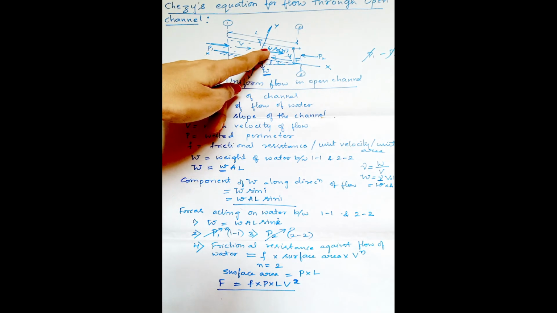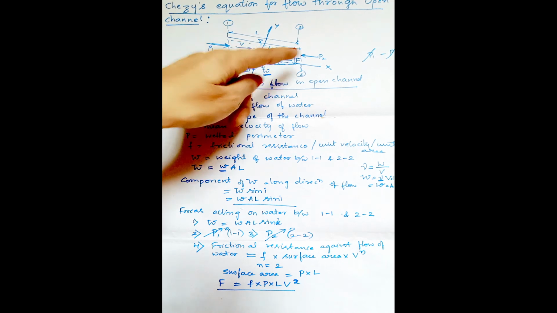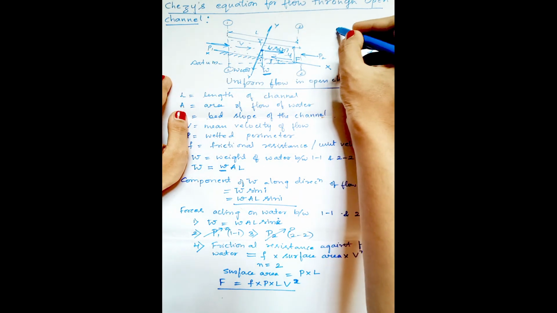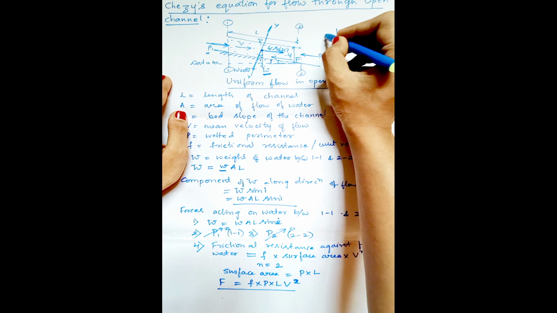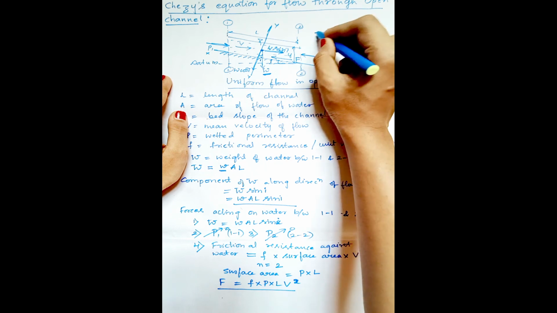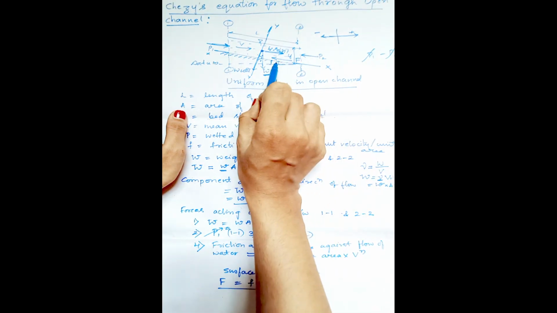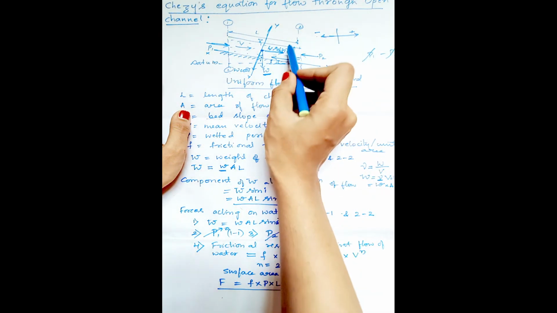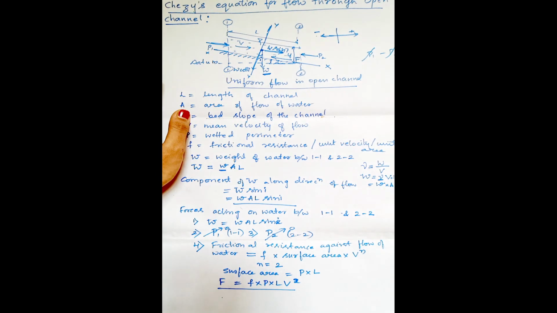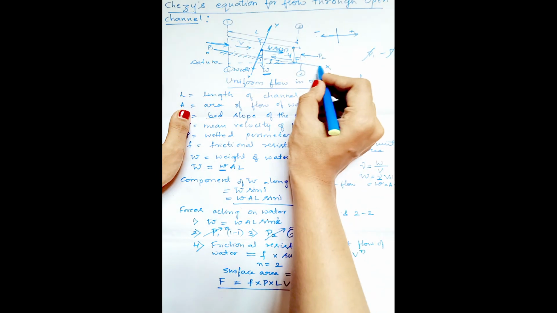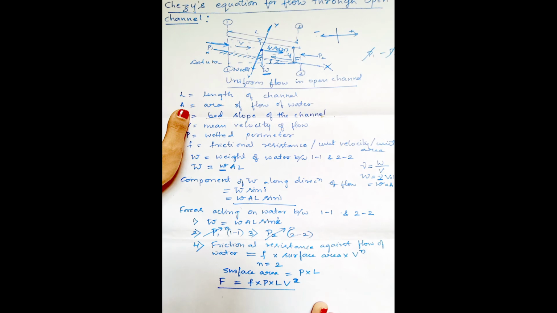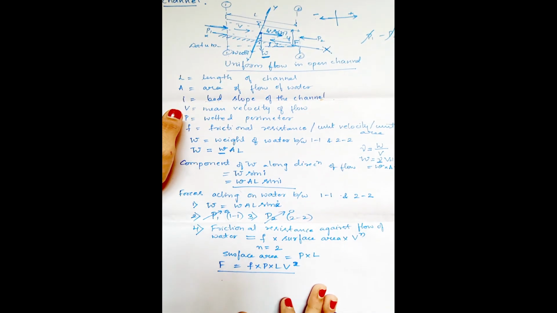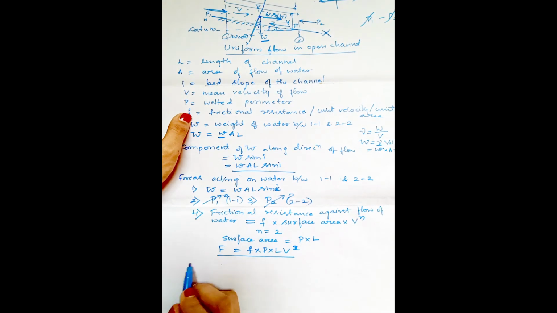This is the direction of flow, but friction will always be opposite to the direction of motion. W sin I is acting towards the right. You can see the sign convention: towards right is positive and towards left is negative. Friction is towards left, so it will be negative, and the weight component will be positive. So let us resolve all the forces along this x-axis, that is, the summation of Fx is equal to 0.